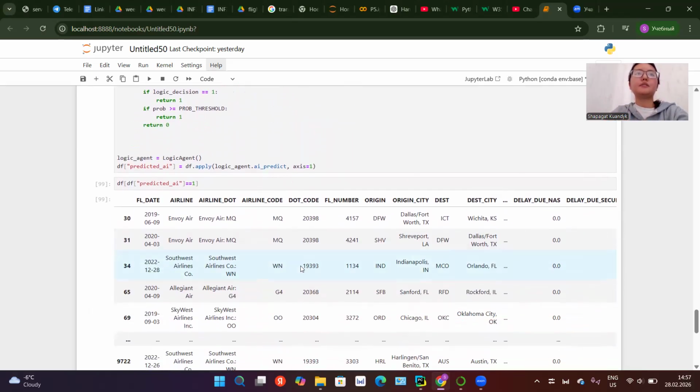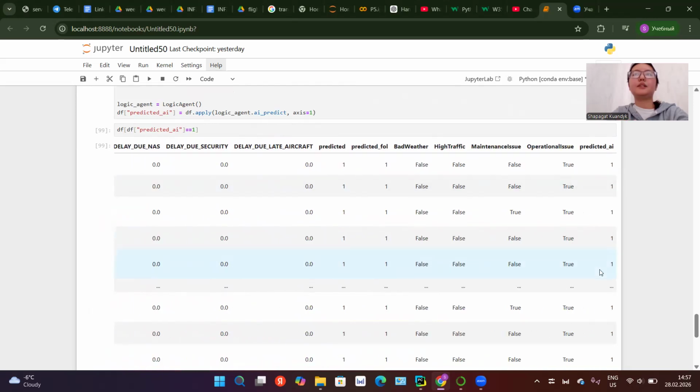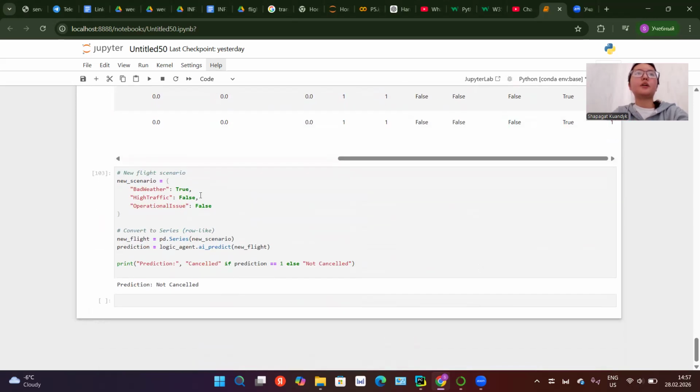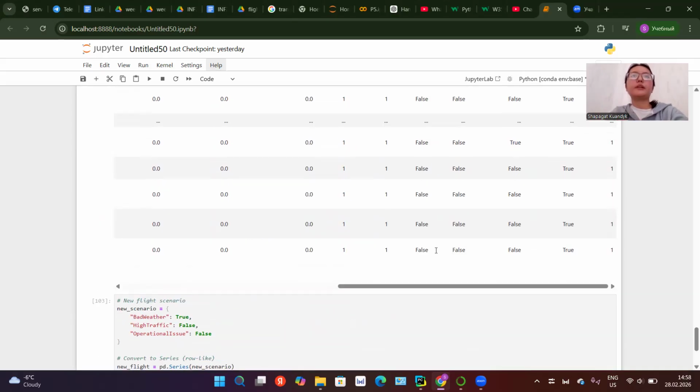So here we apply it, and we have the flights that were predicted to be cancelled by the AI. Here we have a new scenario with these values. We convert it into a series, and the AI predicts for this case. In this case, the flight is predicted to be cancelled. So I think it's